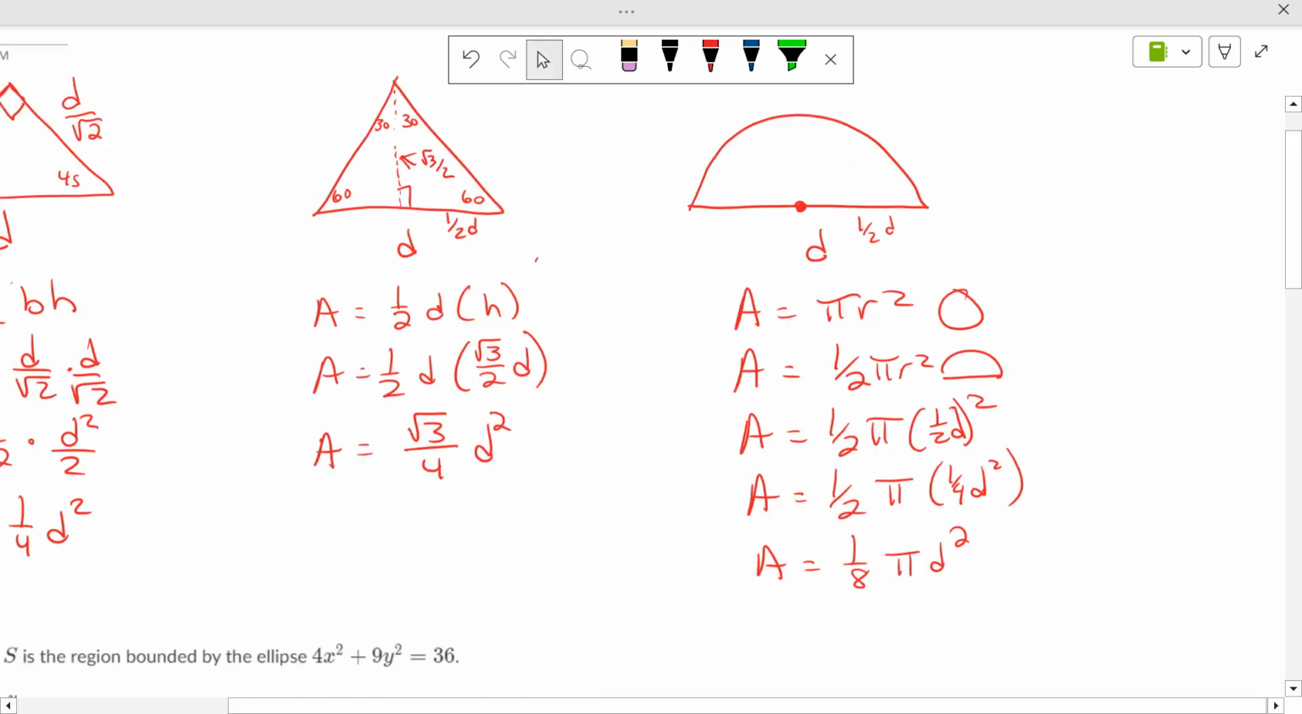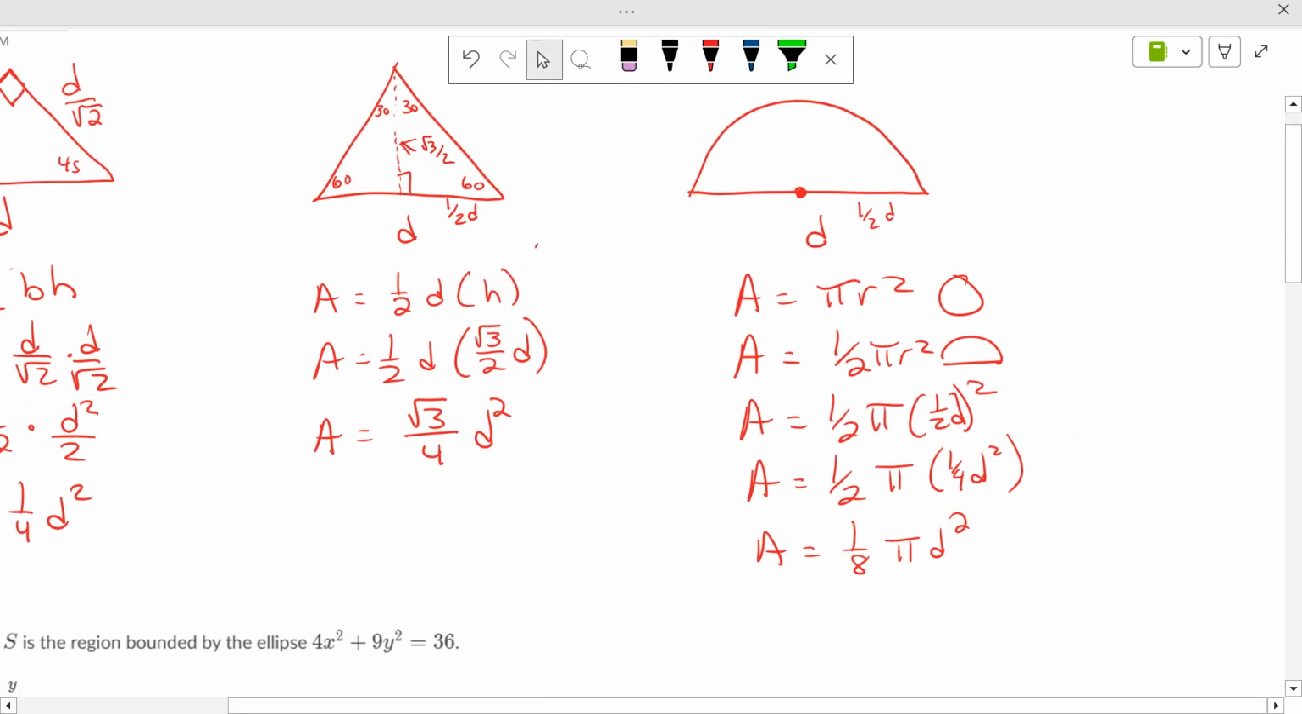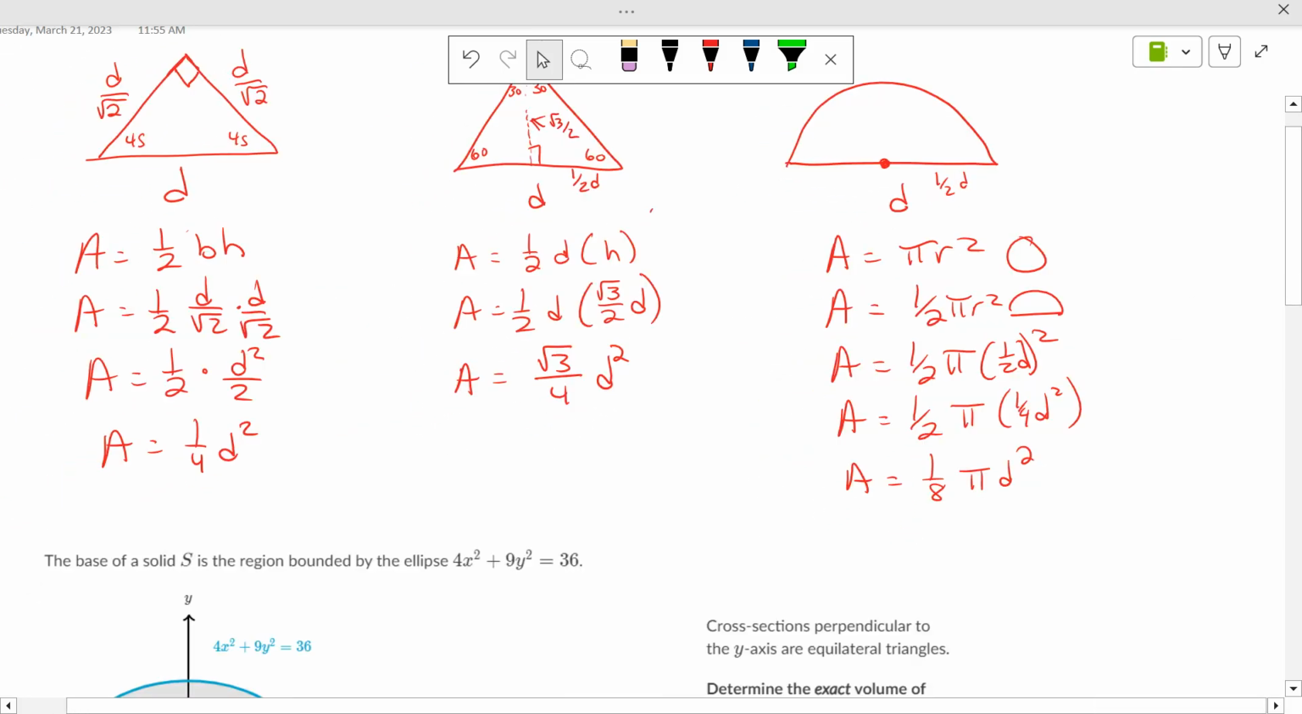And a semicircle is half a circle. So pi r squared. And if d is all the way across this distance, then half of d would be the radius. So pi times the radius squared, and that's for a whole circle. So a semicircle is half of that. So it's 1/2 pi times 1/2 of d squared. So if you do the math, it's 1/8 pi d squared. So you got to know those three formulas,